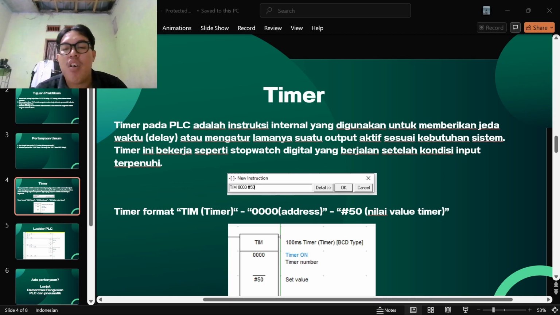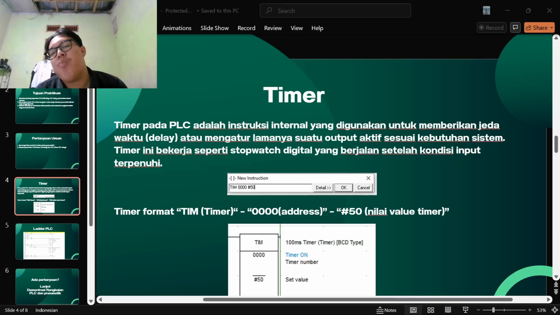For example, a machine might need to wait 5 seconds after pressing the start button before the motor begins running. A lamp might need to stay on for exactly 10 seconds before it turns off automatically.